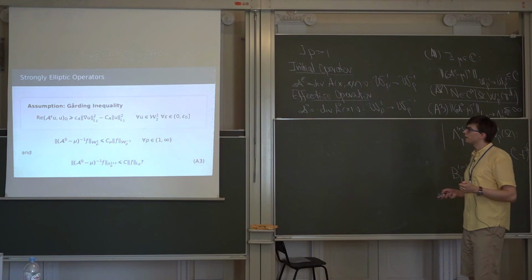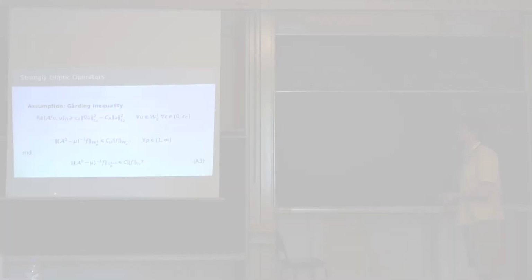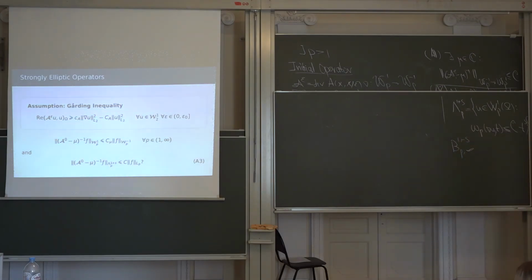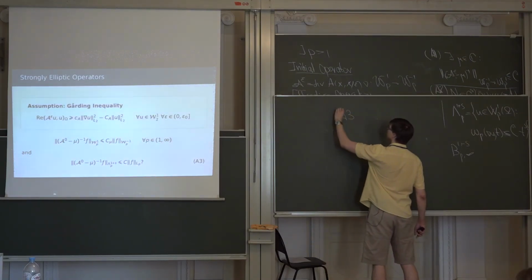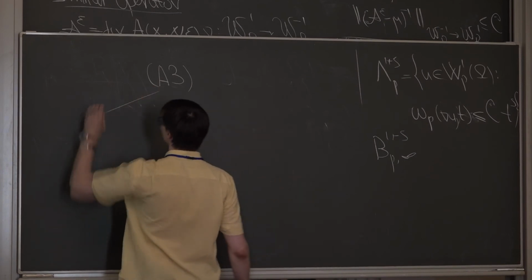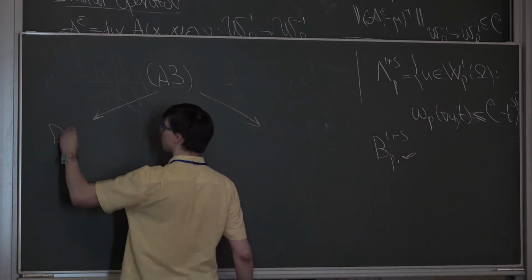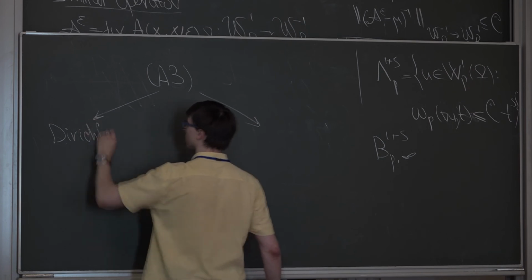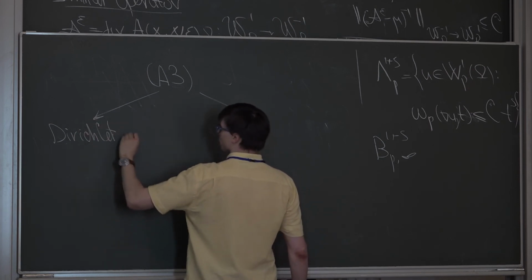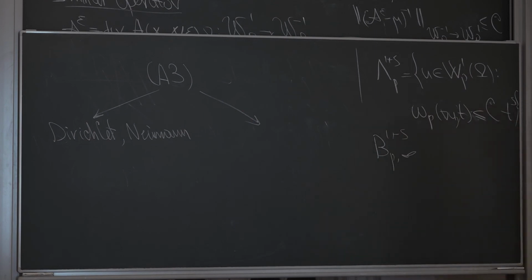So what about additional regularity? What about the additional regularity in assumption 3? This regularity depends on the boundary conditions. So for assumption number 3, for nice boundary conditions, for Dirichlet or Neumann boundary conditions,